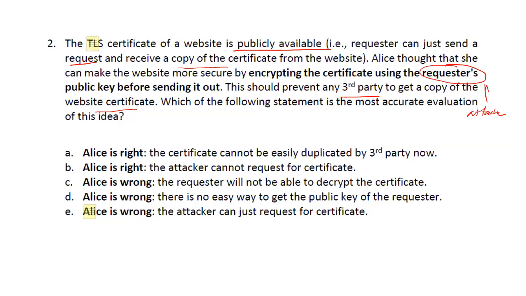So this idea that Alice has is not going to work, because the attacker can be anybody who is just going to request the certificate. Effectively Alice is just encrypting it using the requester's public key, so since the attacker can also be the requester, this idea is not going to help in any way. So that is why the answer for 2 is E. Alice is wrong because the attacker can also be the one requesting the certificate.